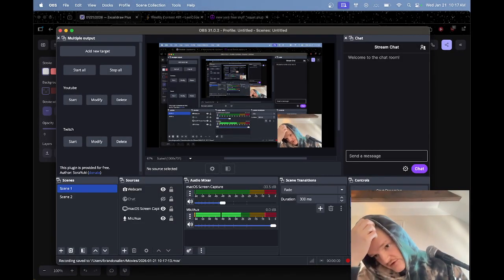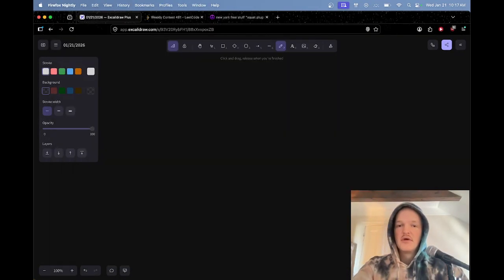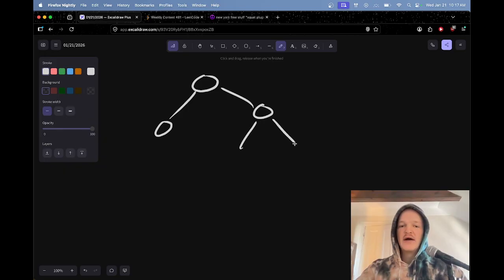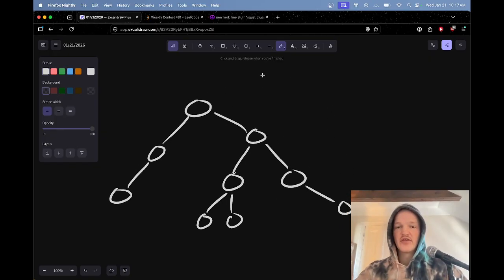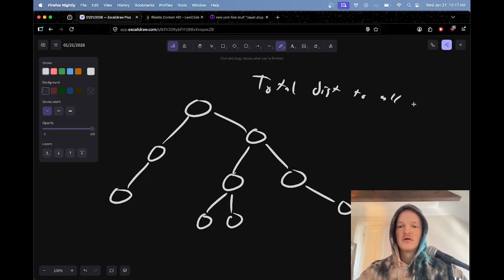Figured I'd just make a 5-minute video about rerouting. So the idea is if you have a tree and you're trying to figure out some quality about each of the vertices, let's say like the total, I think the most basic case is total distance to all other